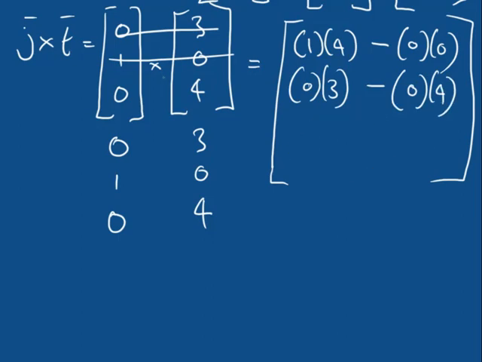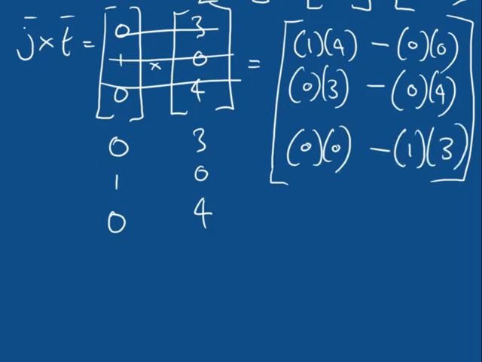Third component, third row of numbers, put a cross through it. Next two rows of numbers, top left multiplied by bottom right, 0 multiplied by 0, minus bottom left multiplied by top right, 1 multiplied by 3. So if I erase these just to clear some space, fantastic. So we can now continue to